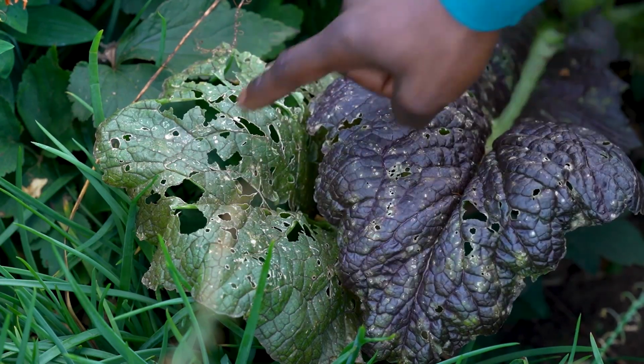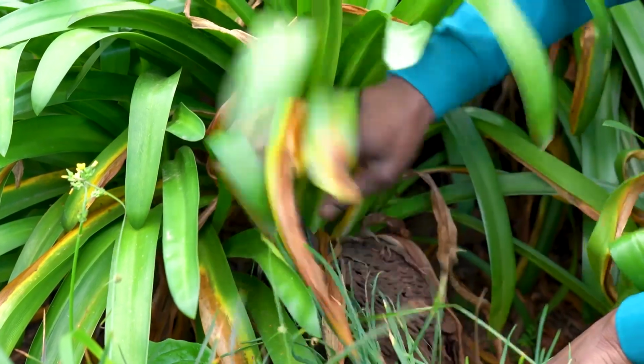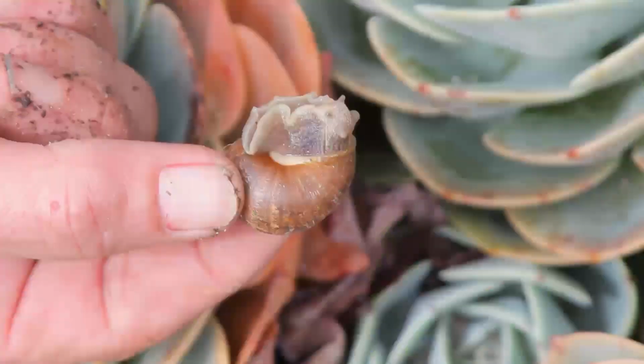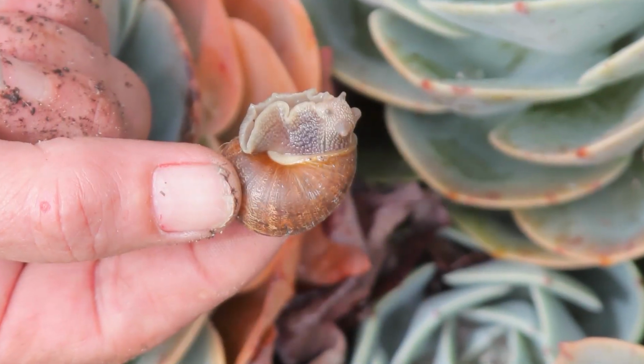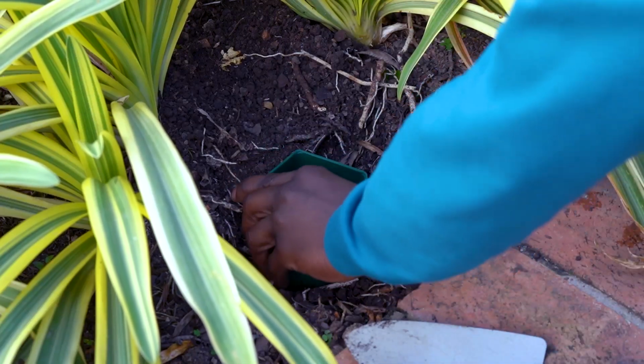Regularly inspect plants for snail activity. Look for slimy trails, ragged holes in leaves, or walk around your garden with a torch at night and remove any snails you spot. And finally, place an eco-friendly snail trap which doesn't contain anything harmful to wildlife but uses